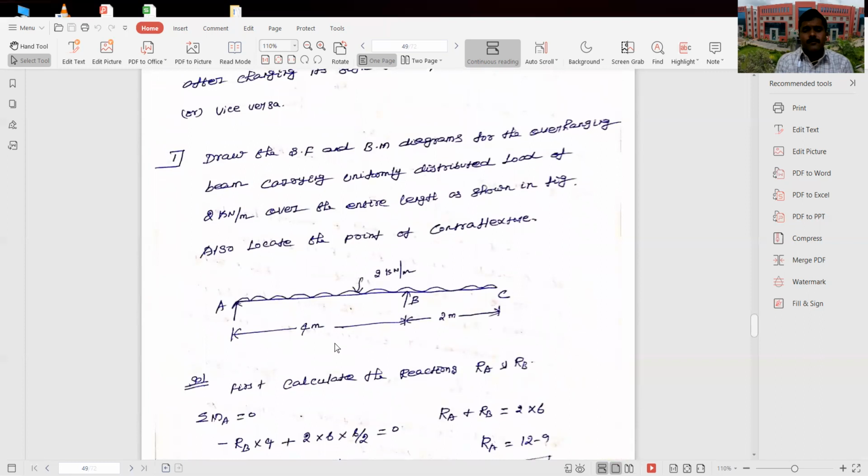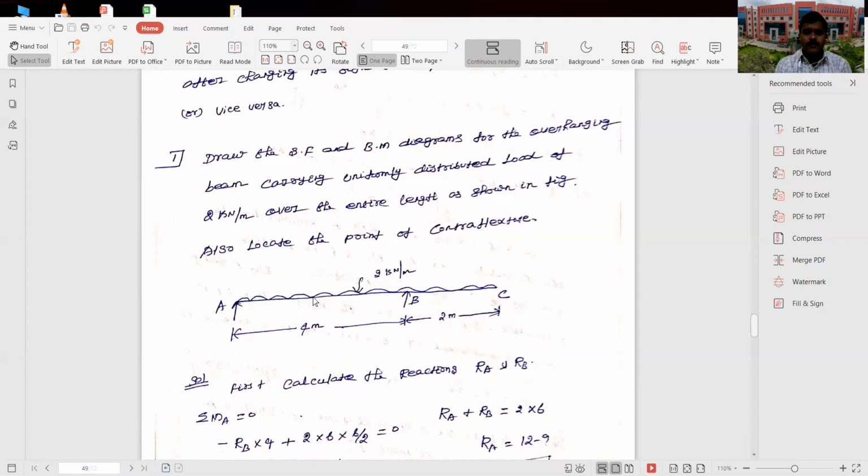So how to draw the shear force and bending moment diagram? If you want to know the shear force value at A and at B, you have to take the section between A and B. If you want the shear force value at the point B and at the point C, you have to take the section between B and C and find the shear force value. So how to calculate the shear force value? You have to take a section in the beam and consider the left side or right side of the section. If you add the algebraic sum of all the forces, that is called shear force.